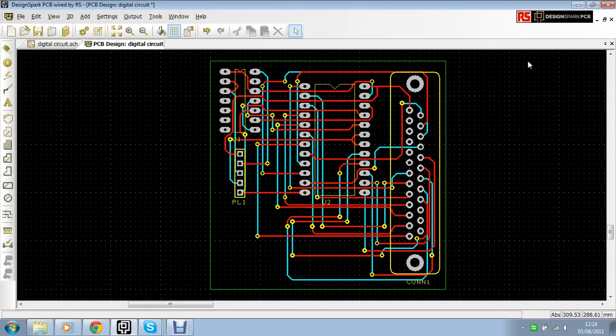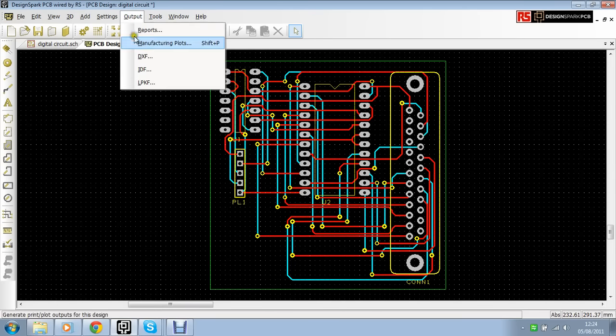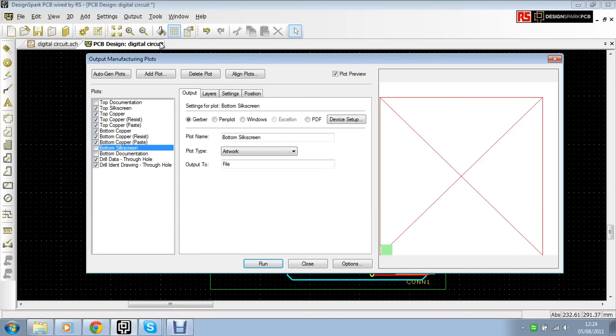Now DesignSpark PCB doesn't actually have a Gerber viewer built in, but certainly there are a number of third-party viewers out there that could take these Gerber files and you can view them in there. Like, for instance, just alone on our website we do have GC Preview in our Spark store, and we will soon have some more free viewers being made available there too. But if you wanted to look at what that file looks like today, what you could simply do is go to Manufacturing Plots,